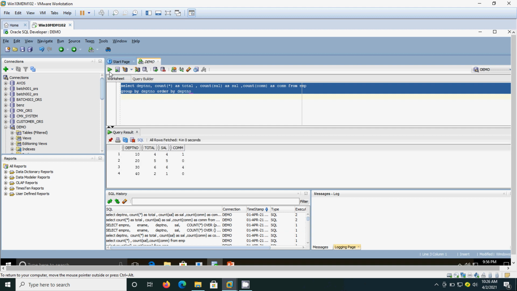Okay, for the department number 10, the total number of persons working is 4. Out of 4 persons all receive the salary and 1 person only is eligible to receive the commission. For the department number 20, no one is eligible to receive the commission. It shows the count as 0. For the rest, the persons who are eligible to receive the salary is 5, and total is also 5. If we come to the department number 40, out of the total 2, only 1 is eligible to receive salary and nobody is eligible to receive the commission. This means one person has not yet been given salary, or due to some other reason he might be omitted.